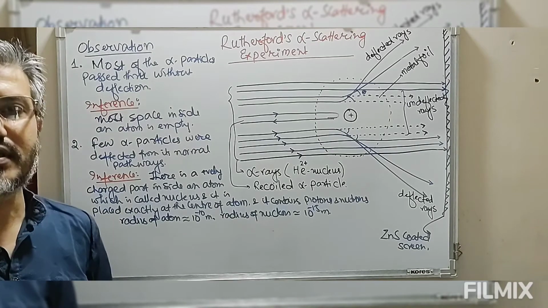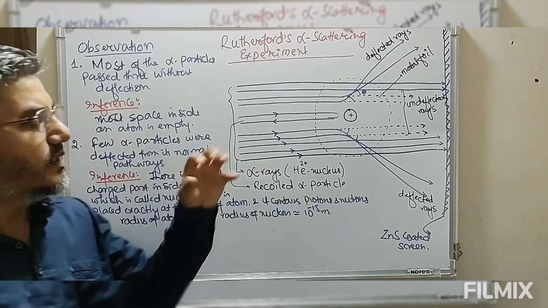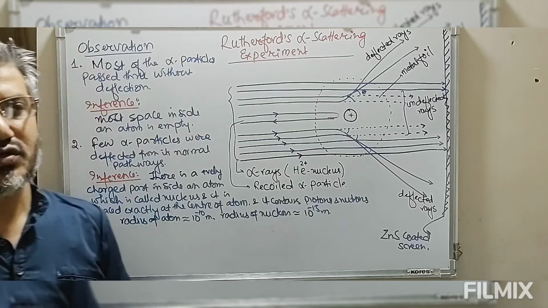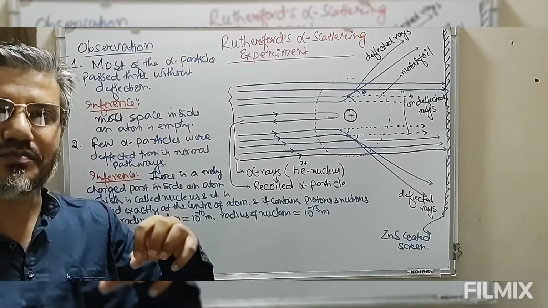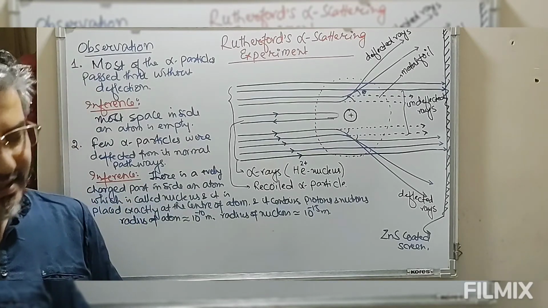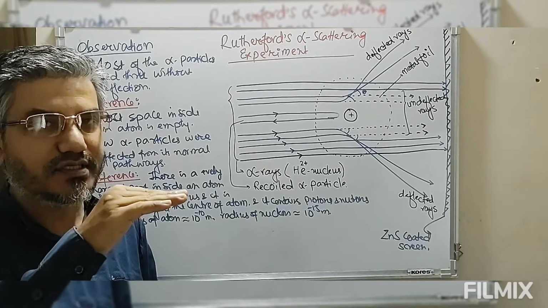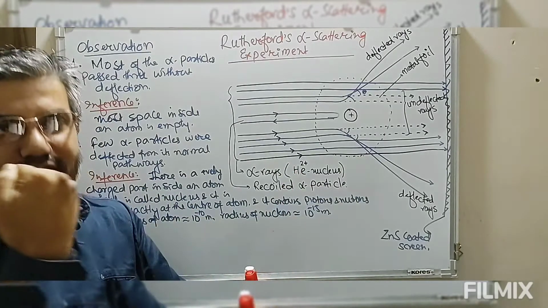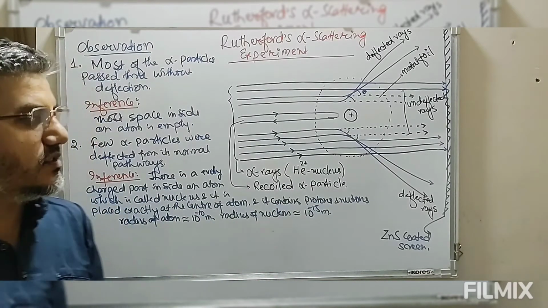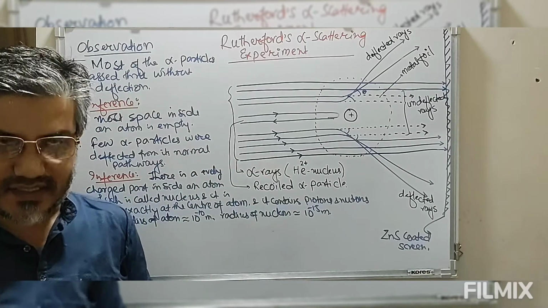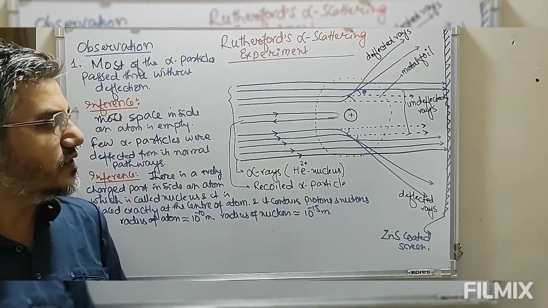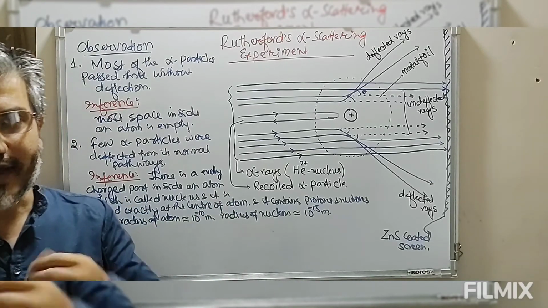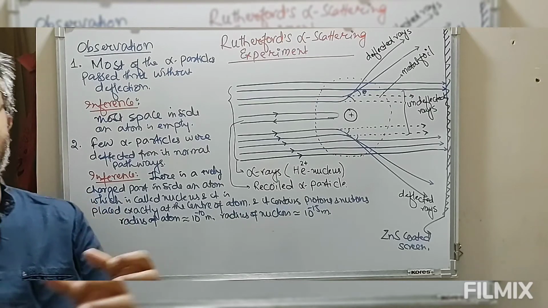So this could be the meaning of this thing: the centrally placed nucleus must be highly rigid. Since this nucleus is highly rigid, when these alpha particles approach it, the alpha particle cannot strike through and recoils. So the rigidity of this nucleus says that the volume occupied by the nucleus is extremely small, and the entire mass of the atom is concentrated inside it.